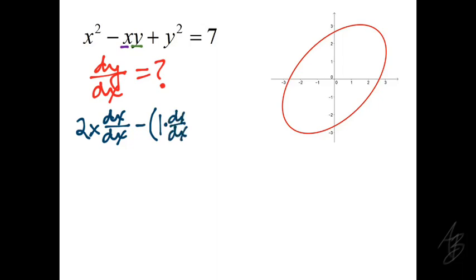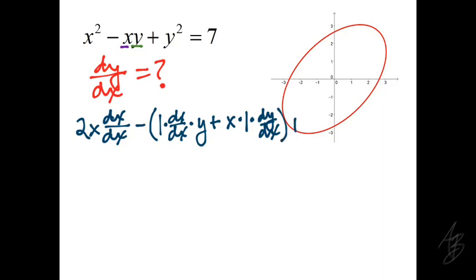Remember, we're taking the derivative of x with respect to x times y, plus the first, x, times the derivative of the second, which is 1, and we're taking the derivative of y this time with respect to x, so dy/dx,